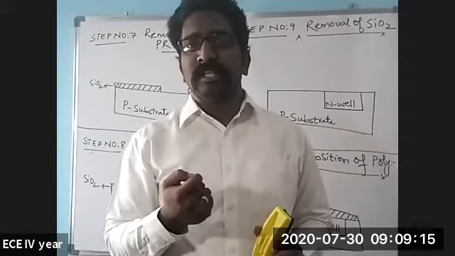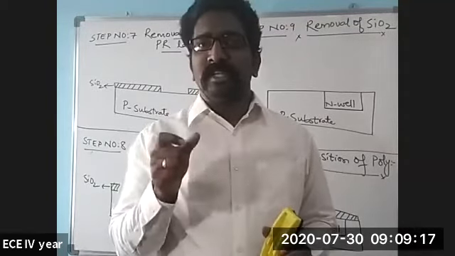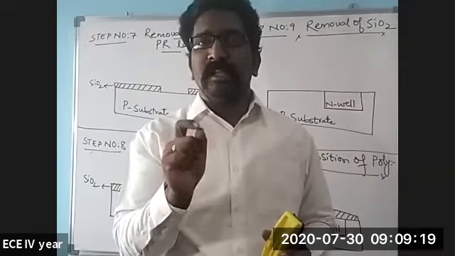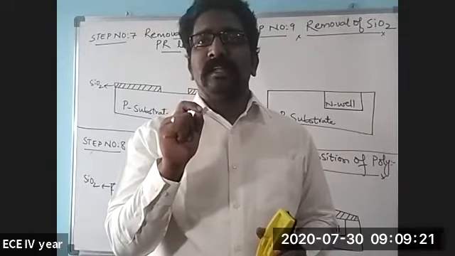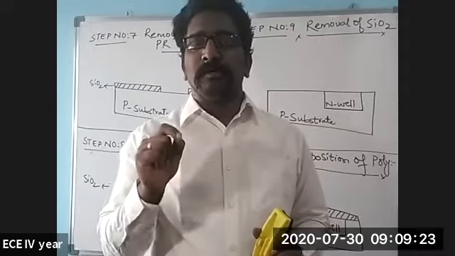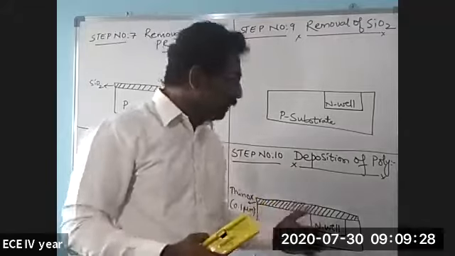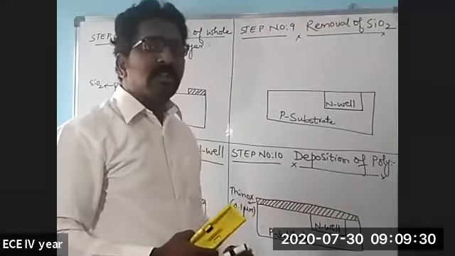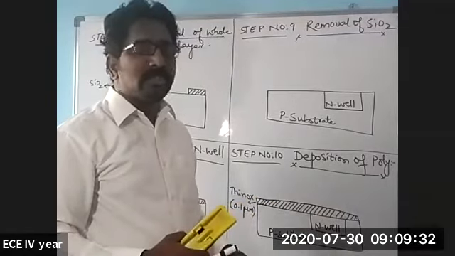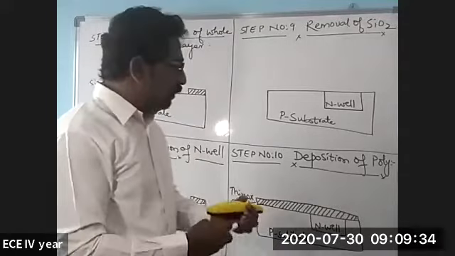Self-aligning process is nothing else but a way of preventing the region below the gate material from getting diffusion of any other impurities in the next coming processes. So that's the reason why we'll be using this Thinox. Thinox is mainly used for the self-aligning process.